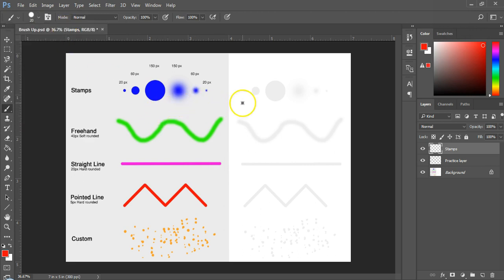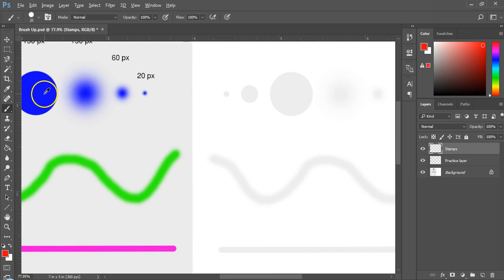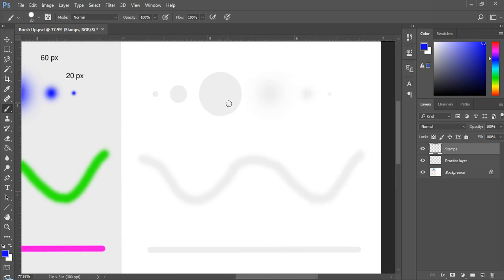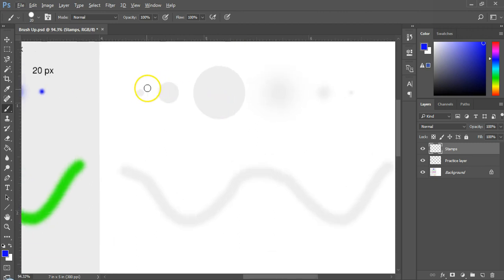Now choose the right color for this exercise. Press I to activate the eyedropper tool. Then pick the color from the stamps we are about to replicate. Now press B to activate the brush tool again and don't worry, the brush tool will remember your last selected brush. If you have done everything right, you should have the right size and type of brush to replicate the first stamp of 20 pixel. Now simply come over to the guide and click once to create a stamp. So, we have created a simple solid circle as we have selected hard round brush of 20 pixel.